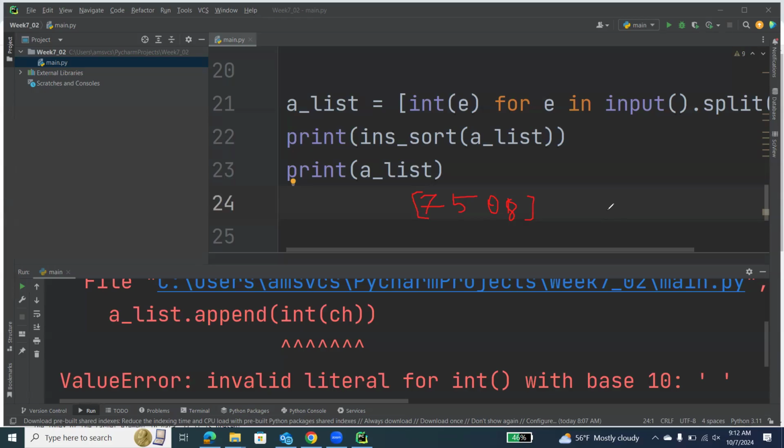Yeah, so just iterate through. Yes, the first idea that comes to mind is just to iterate through the entire list